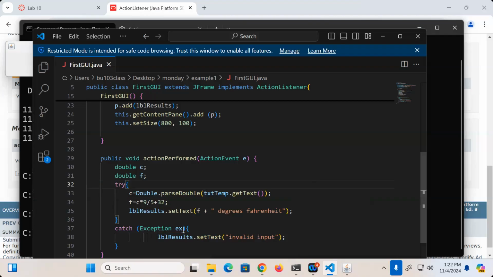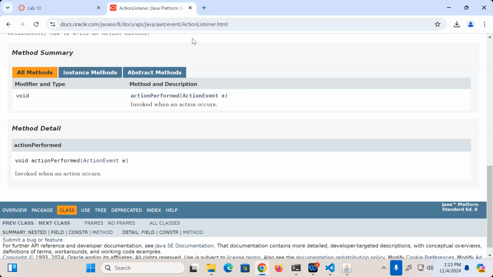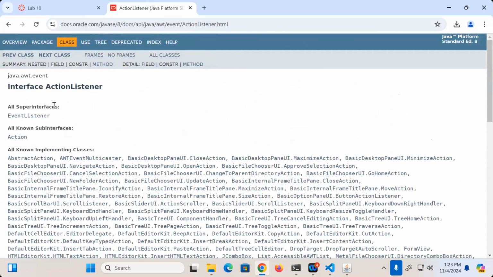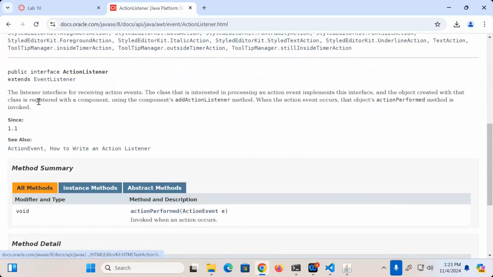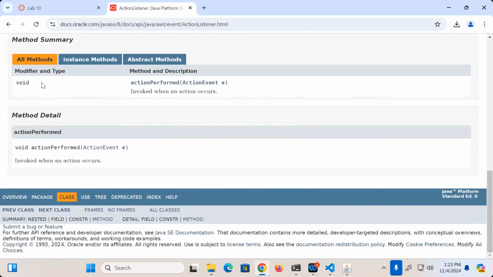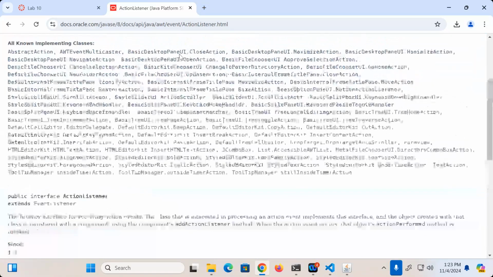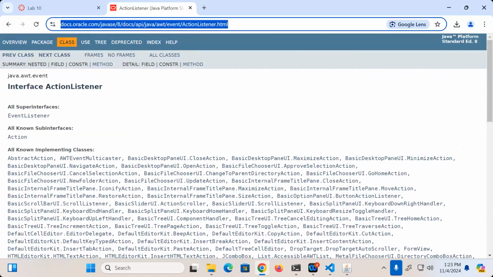Notice what these things are. We have a get text and we have a set text for the label. Get text for the text field. How do you know all these things? Again, you go to the Java docs. We were looking at the Java docs for the action interface before. And it describes the inheritance structure, and most importantly for us, it describes the methods that we have to implement when we implement that interface. Let's look for